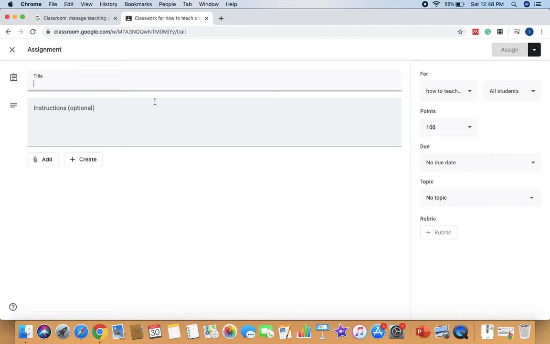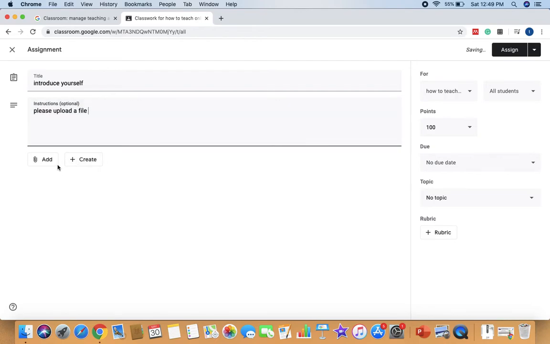Here I am giving an assignment, and the instruction can be something related to assessment. You can say that you should upload through a file, or you should type as a test, whatever you want. Give instructions which help the students to write this assignment. Here also we can add videos, or add files from our drive, or again we can create some formats or something like that.